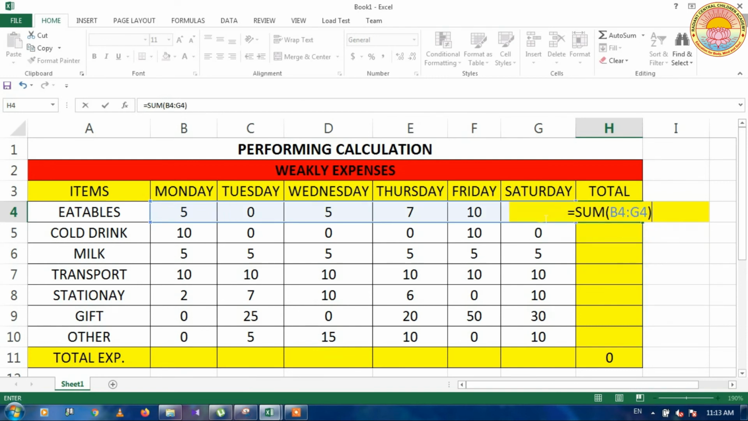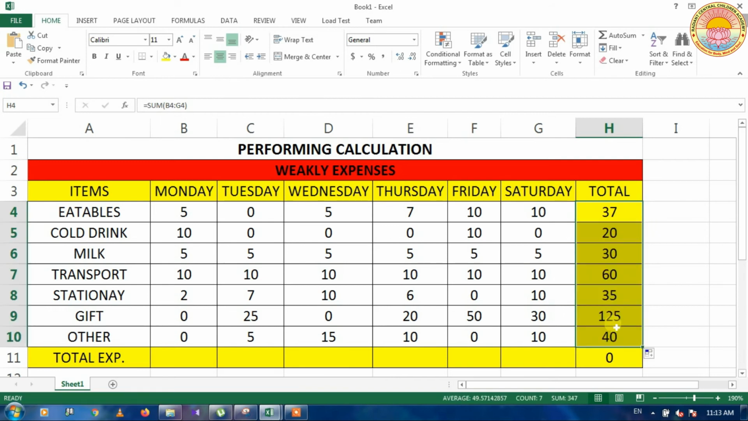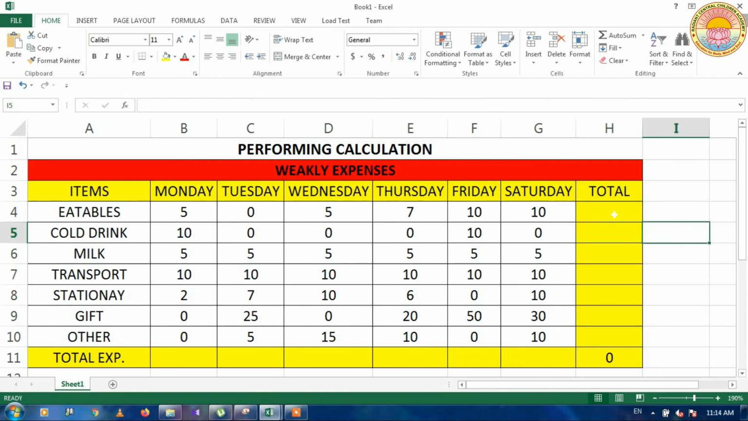If I press enter, the result will be displayed. Once the result is displayed, double click on the fill handle and you will see all the results. Understand? This is the second step for the calculation. Now I am going to show the basic and simplest step for the calculations. Okay, so first I am going to select all this data